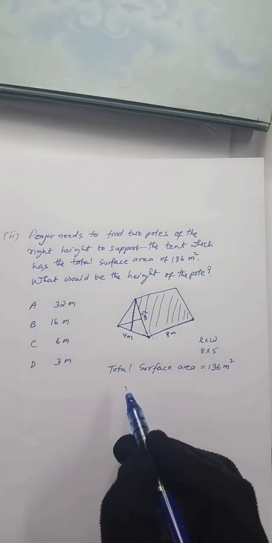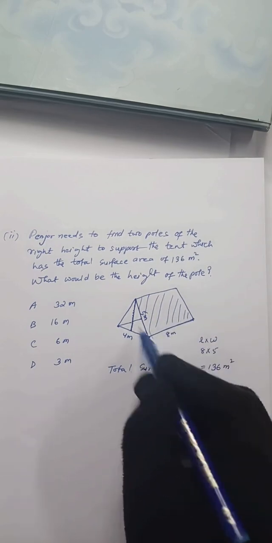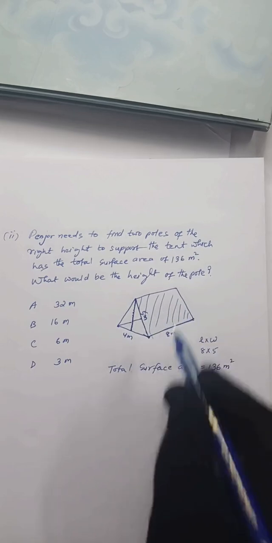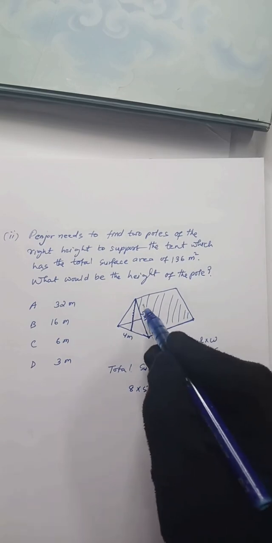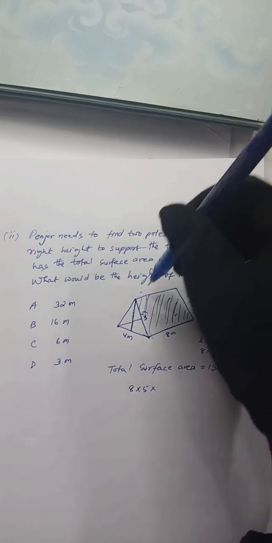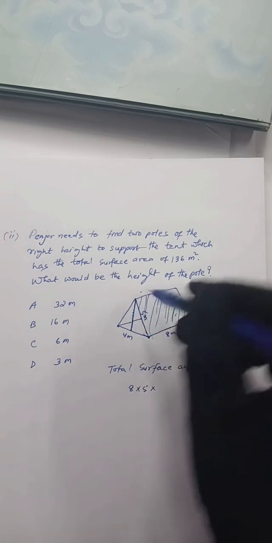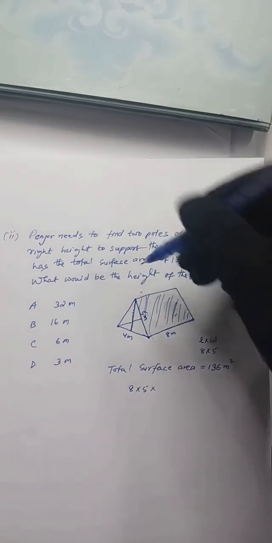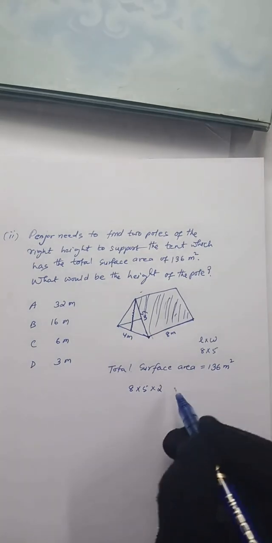Therefore, when I calculate the total surface area, I need to first of all take the surface area of the slopey side, which is a rectangle. So 8 times 5. But I have two such roofs, one on this side and the other rectangle on the other side. Multiply by 2 because we have two such rectangles. Plus